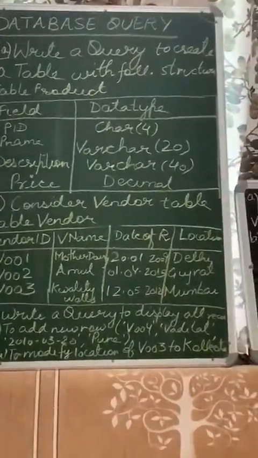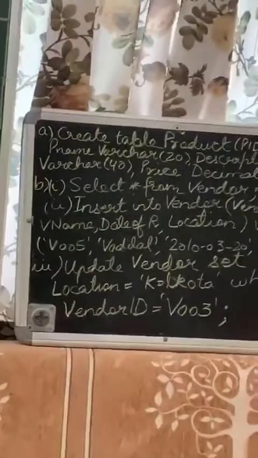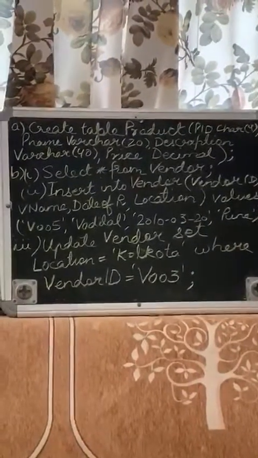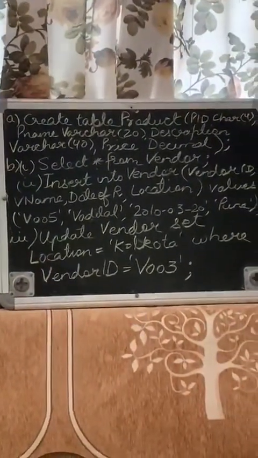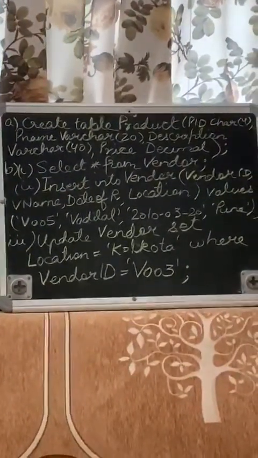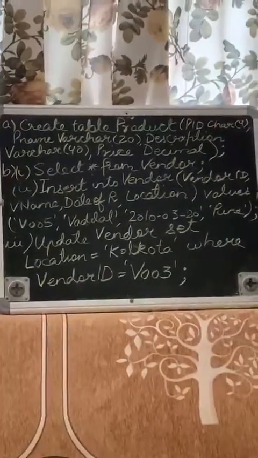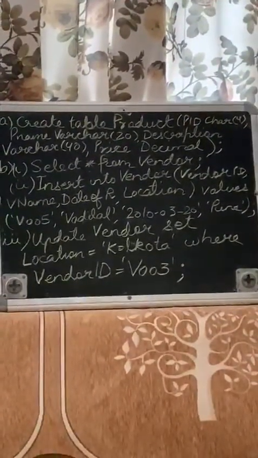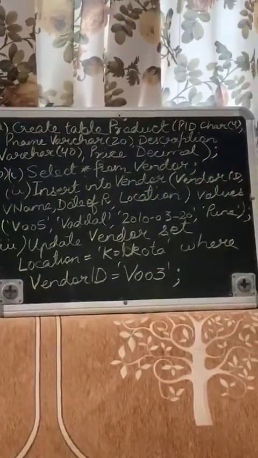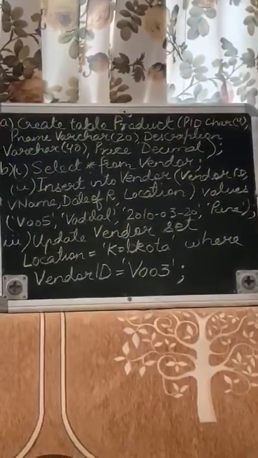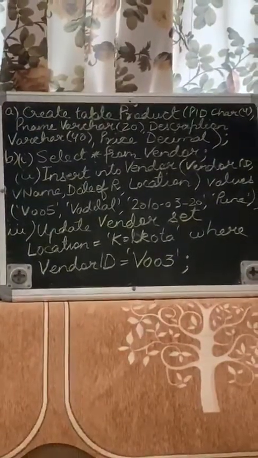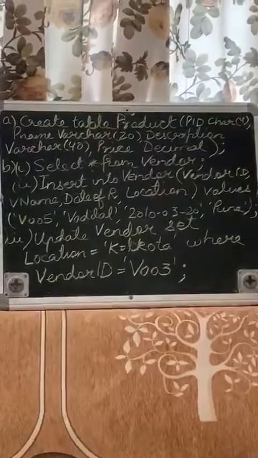So what will be the create query, children? The create query for this table will be: create table product. The name of the table was product. Then in the bracket you will write PID. Then you will give a space, char 4, because the data type of PID was char 4. Then comma, P name, then a space varchar 20, comma description, then a space varchar 40, comma price, then a space decimal, then close